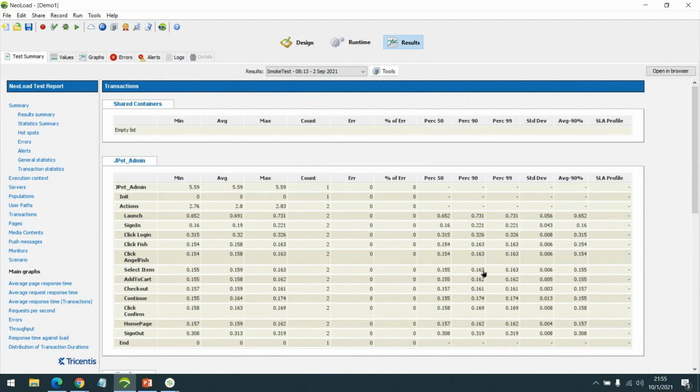This is its response time value. If we virtually put a threshold of, let's say, less than 0.1, almost all the transactions will fail, and it might give a different view altogether.